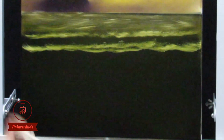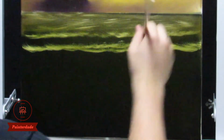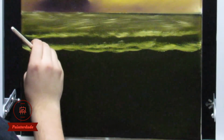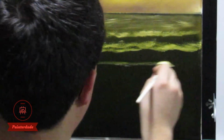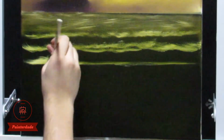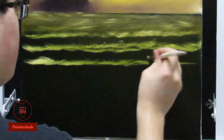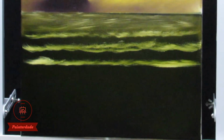For my first time, that's not a half bad looking bow, wouldn't you say? So I could probably sketch out a line there to follow it. Just like that. And then follow the line. Alright, I'd say that's good for little waves. So now I'm going to